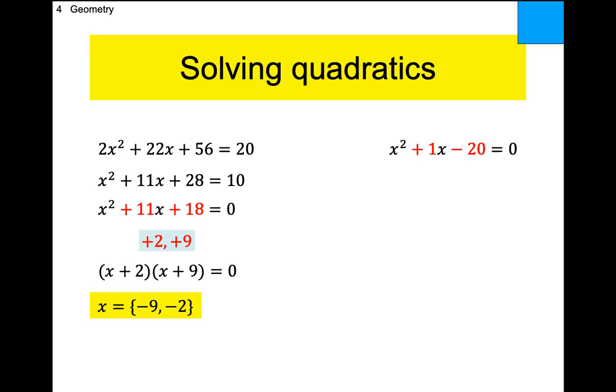Do these 2 add up to 1? What's the next number? 3 times, well, 3 doesn't go into 20. What's the next number? 4 times what is -20? Do these 2 add up to +1? That's up to -1, so it's close, but